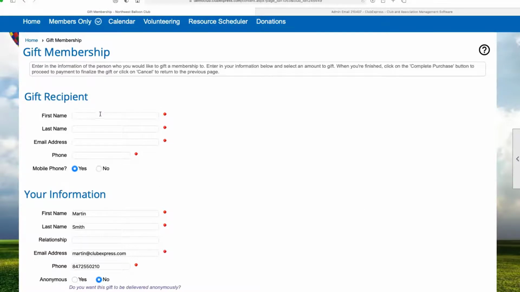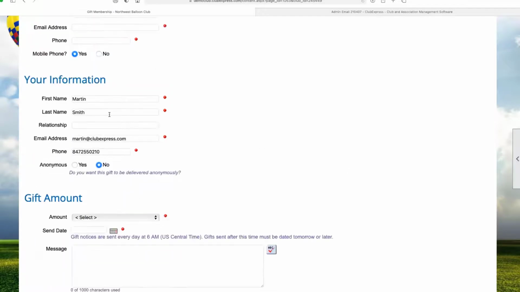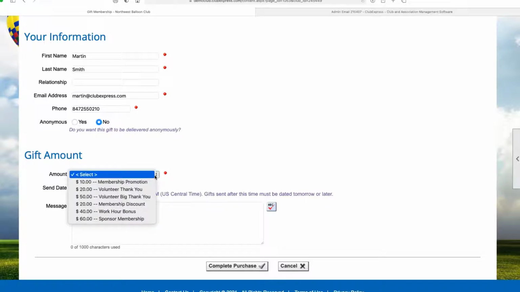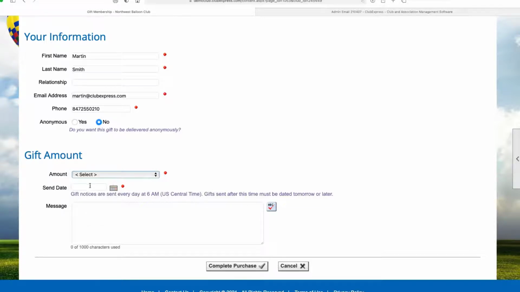So I can say I'm sending a gift to first name, last name, email address, phone number, and is this a mobile phone or not? My information is filled in, and then I can say, here is the gift amount, and I can pick one of the predefined amounts that the club has chosen. I can say when the gift should be sent, and I can include a message. Congratulations on the new baby. Consider this wonderful